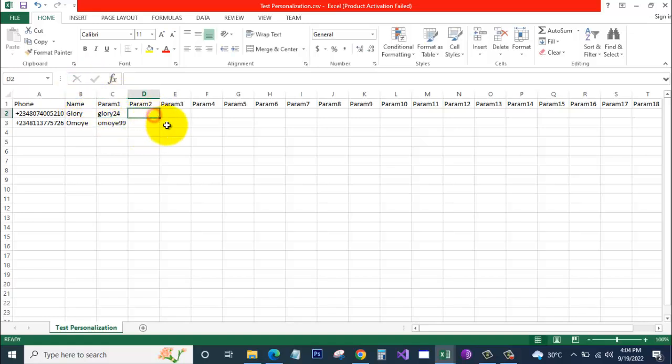And maybe there are even other variables I can add. Maybe this person's company address is at Lookmore Street, and this other person's address is, let me say, 20